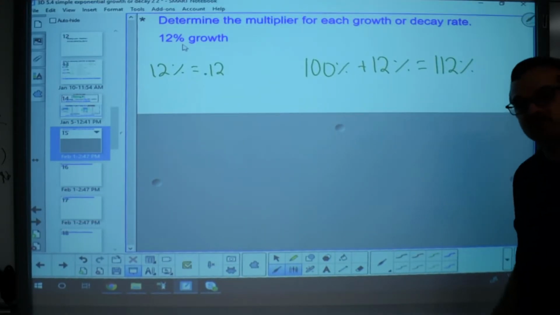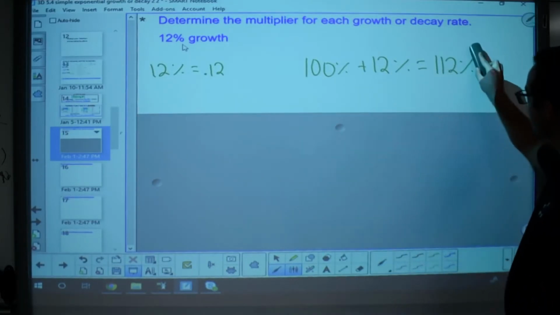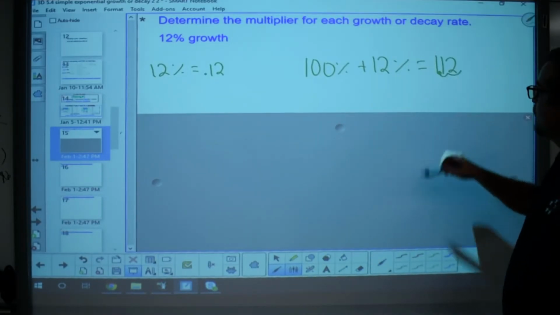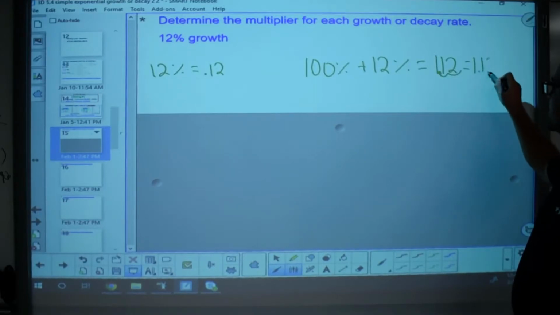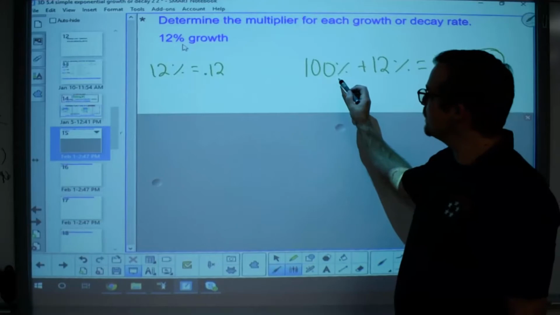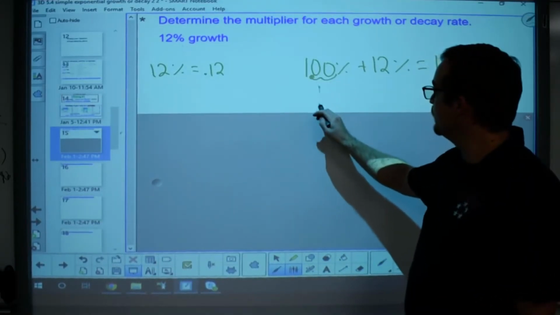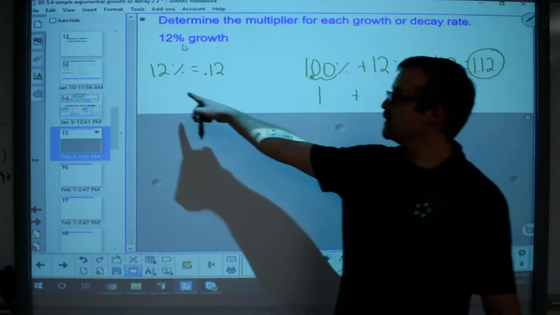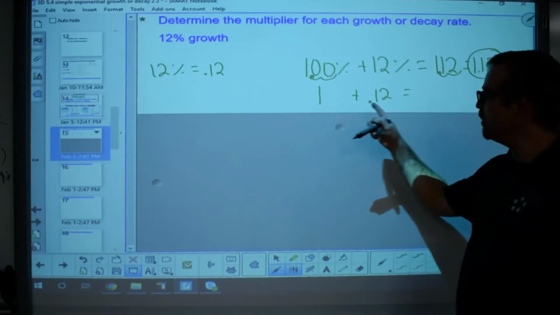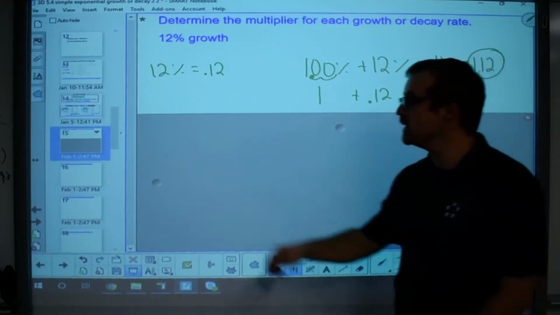Well, we can't use percents as rates. We need to change this to a decimal. So how do we do that? We drop the percent, and we change it to a decimal by moving it over twice, right? That gives us 1.12 as my ratio, and that would be an increasing ratio. Another way to look at it is if you just convert both of these to a decimal right now, 100 would turn into 1, and just like we talked about, 12% would turn into 0.12, and that still gives us 1.12, right? So we still have the same ratio. So our ratio is